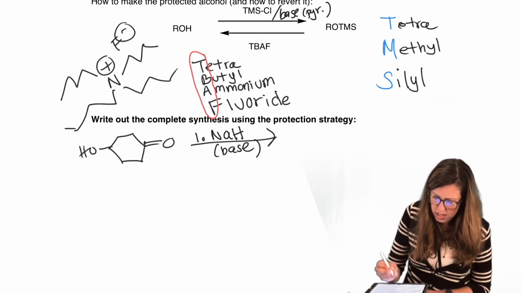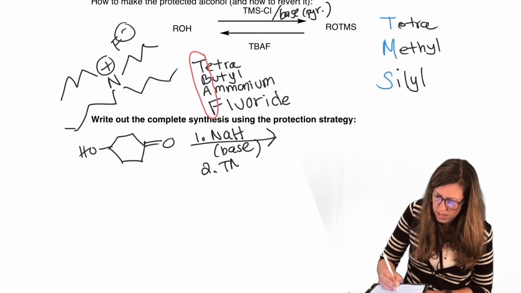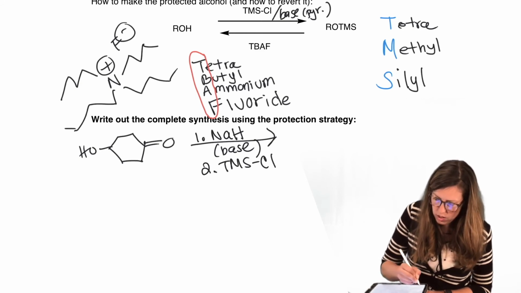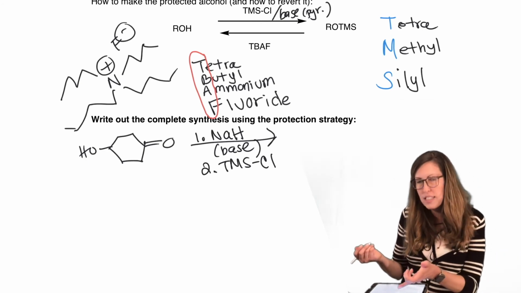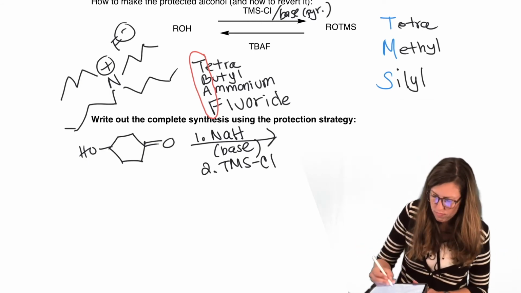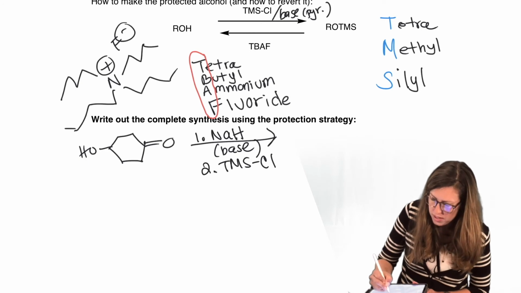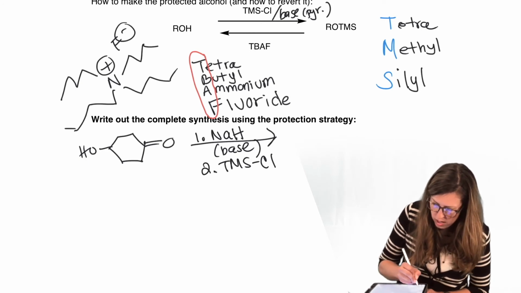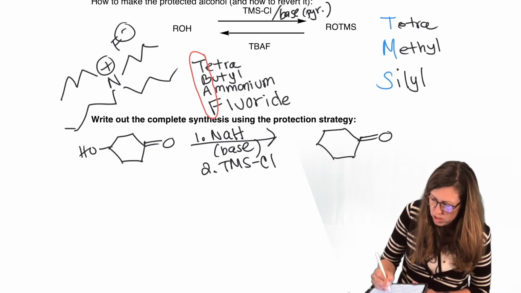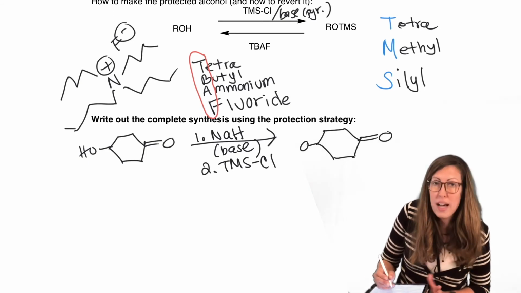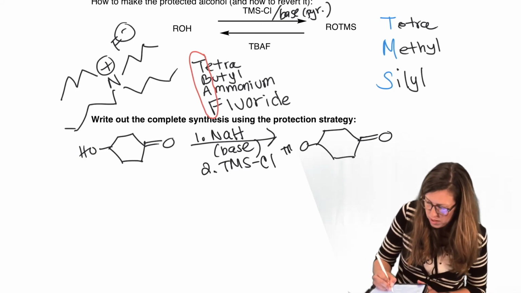And then step two, we'll do TMS chloride. So step one, I won't show, it's O minus, acid base. Then the O minus attacks the TMS, kicks off the chlorine. So this isn't a mechanism, this is a synthesis, which is why I'm not showing the mechanism, because that will just make it hard for us to see the big picture. But it doesn't hurt to go back and write it yourself as a study point.